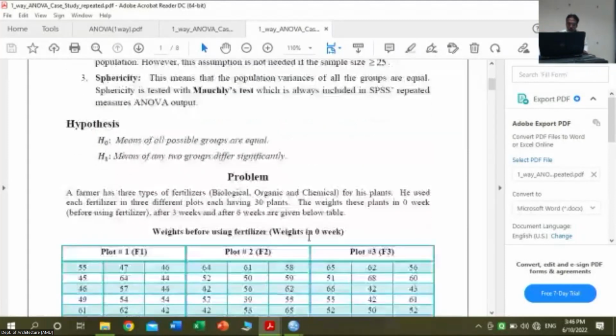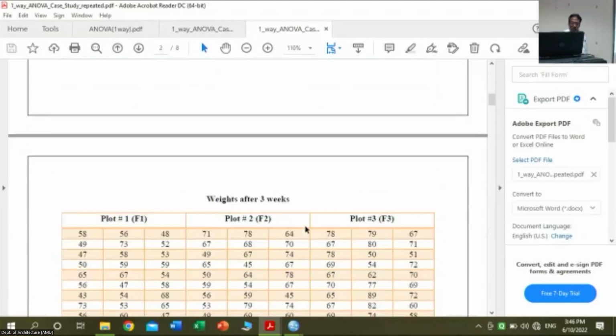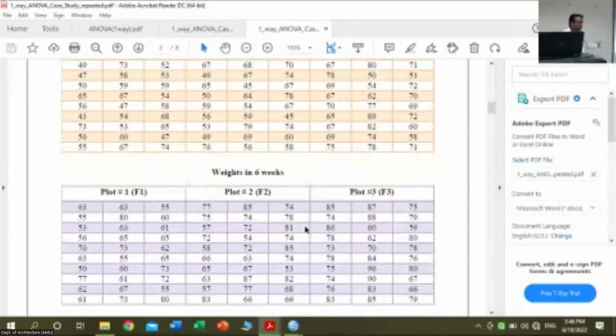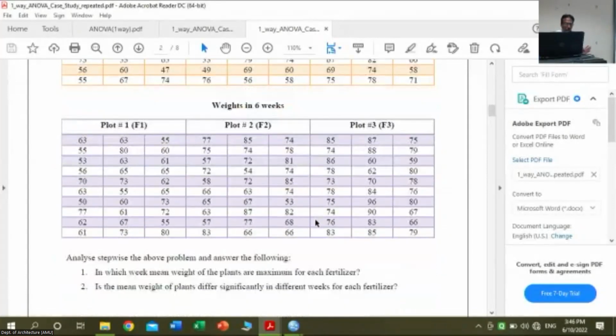और ये देखिए, 0 वीक में ये रिकॉर्ड किया गया ऑब्जर्वेशन है, और सेम थिंग आफ्टर 3 वीक्स रिकॉर्ड किया गया सेम पैटर्न पर, एंड आफ्टर 6 वीक अगेन डेटा इज रिकॉर्डेड लाइक दिस, ठीक है। तो योर हाइपोथेसिस प्रॉब्लम इज स्टेटेड लाइक दैट, इन विच वीक मीन वेट ऑफ प्लांट्स इज मैक्सिमम फॉर ईच फर्टिलाइजर, एक प्रॉब्लम